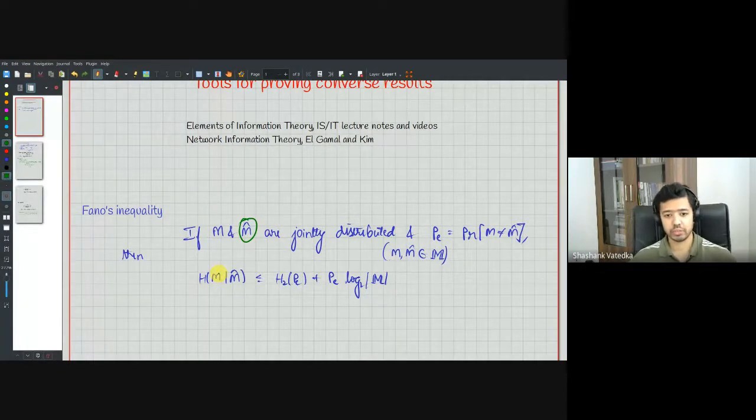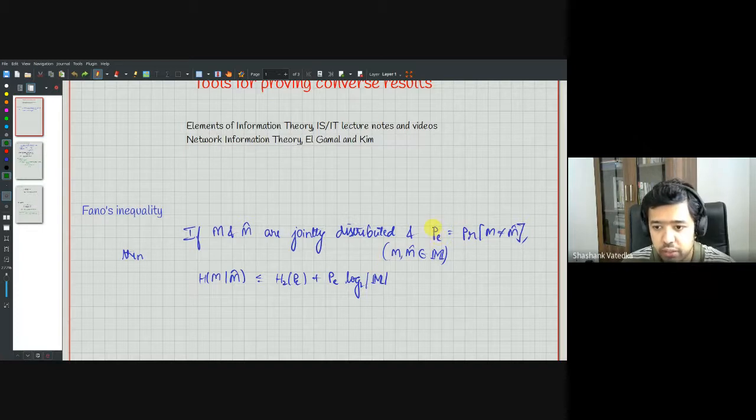Maybe m is the true message, and m hat is the message you obtain after decoding at the receiver, or it could be an estimation problem where you're interested in m, but then you observe something else and then you make an estimate based on what you see, and you call this m hat. It doesn't matter how they're jointly distributed or how you get m hat from m, but as long as you have two random variables m and m hat, which are jointly distributed over the same alphabet,